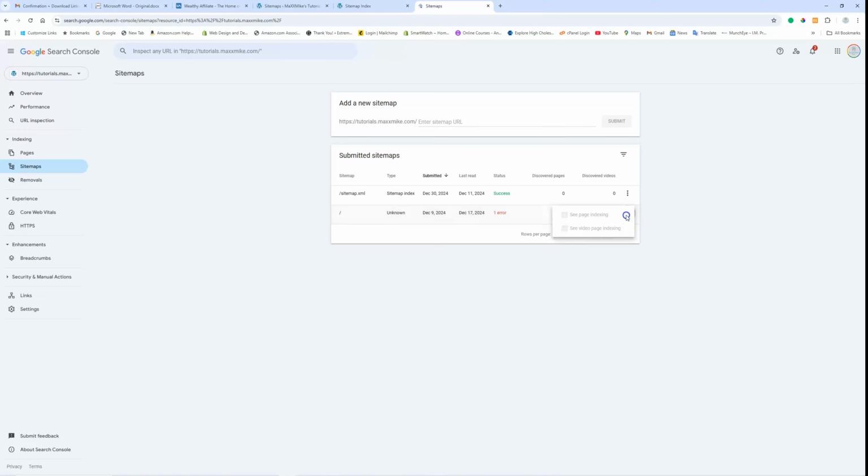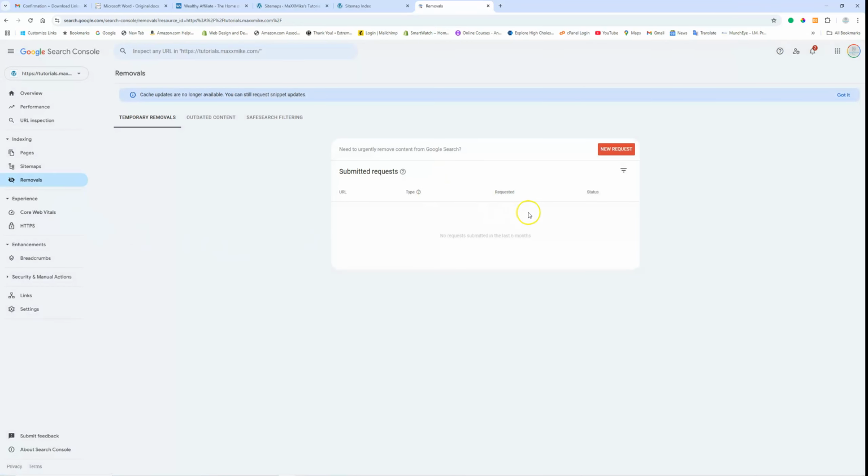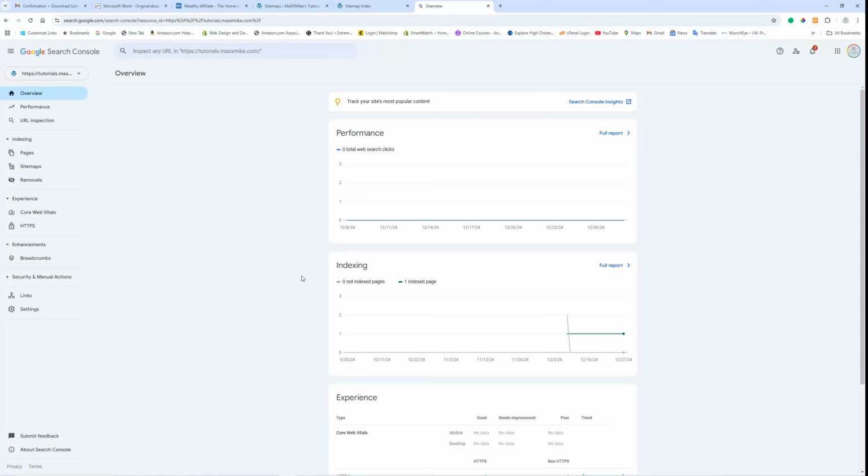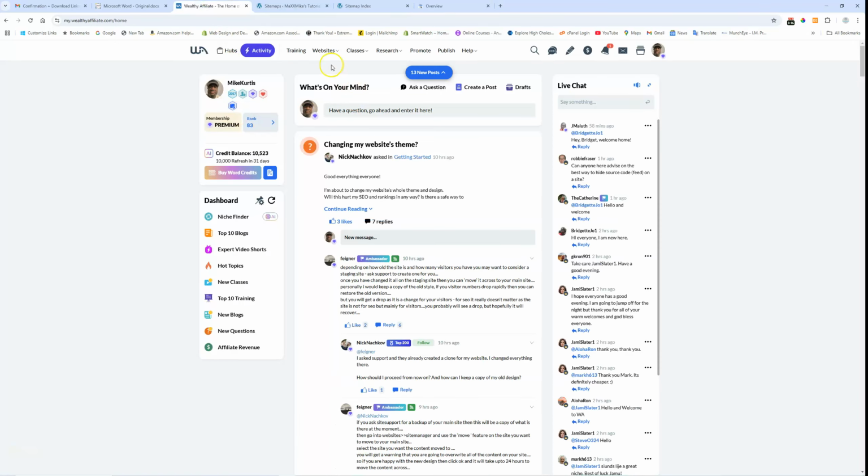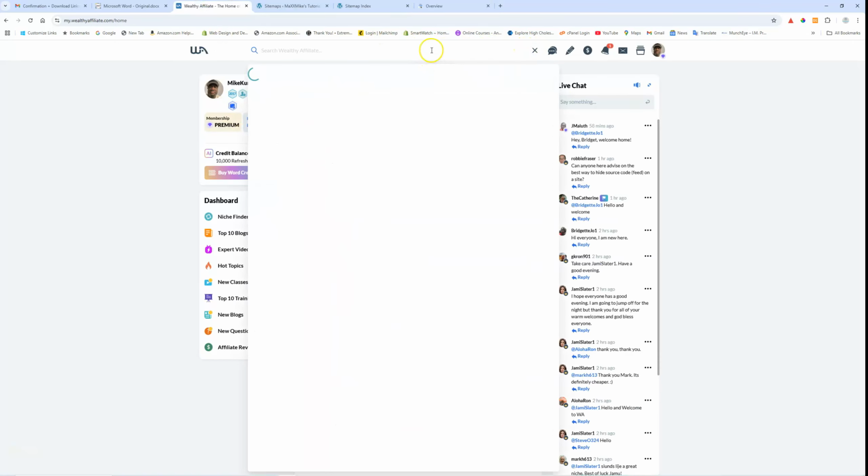This one, I'm going to delete this one here. Actually can't remove it. Not sure why. Removals, nothing to remove. So we can see everything that's going on with our site. It's important to add your site to Google Search Console. I'm sure there's a training here for this as well. Just go to the search here and type in sitemap,